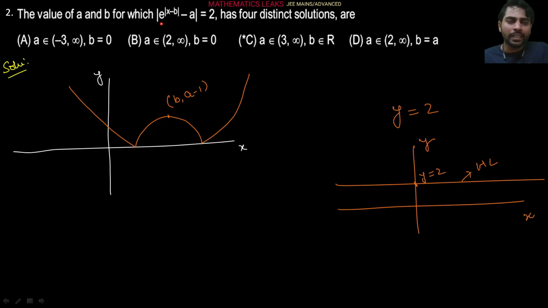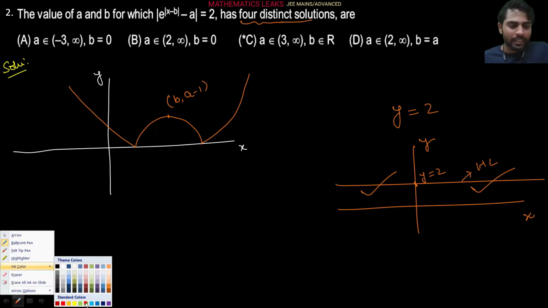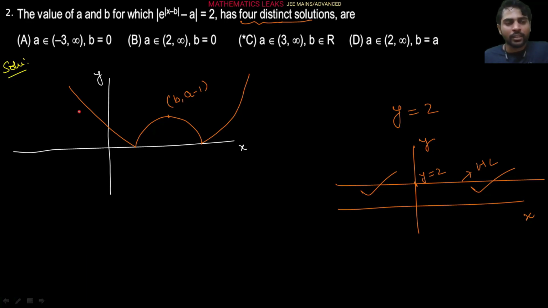So what we have to do is set this graph equal to the y is equals to 2 graph. So I am going to put this graph on the same Cartesian plane so that it should have 4 distinct solutions. 4 distinct solutions means this horizontal line must intersect this graph at 4 distinct points, everybody, at 4 distinct points. Here the question is clear from this figure. Let me change the color here. You can observe this is our horizontal line. If this horizontal line is here in this region, how many times is it intersecting this orange line? You can see 1, 2 times only.